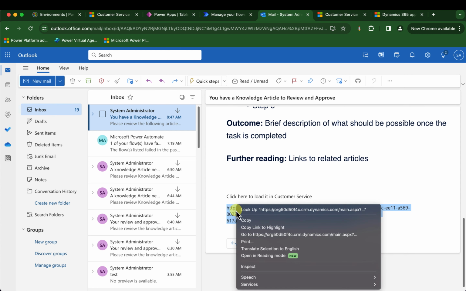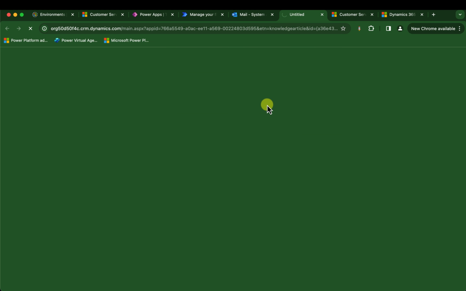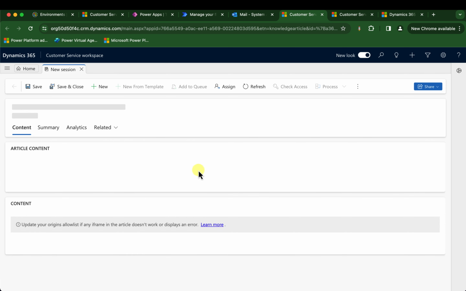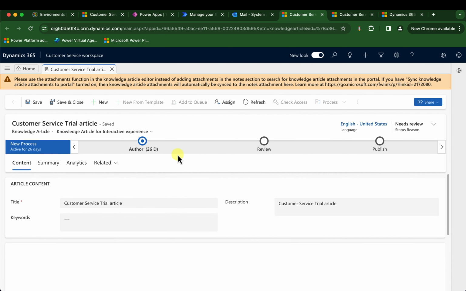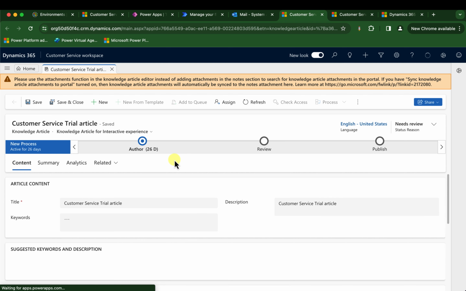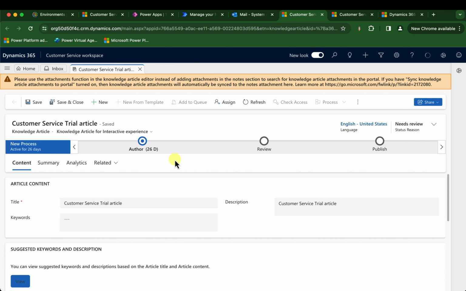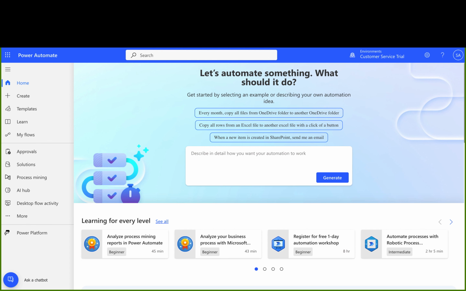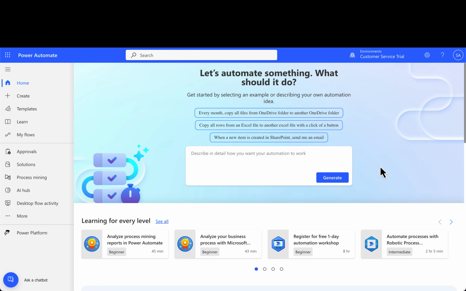So if I highlight that, go to that URL, that nicely loads that up for me in Dynamics. And as a reviewer, I can go through that, have a look at it, and I can move through the different review stages that I need to, and set that to approved or not. And obviously I could then set up a number of automations that trigger off the back of that.